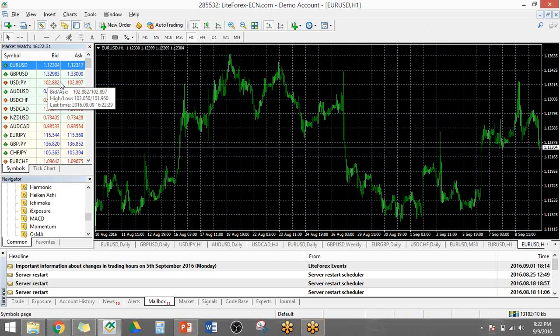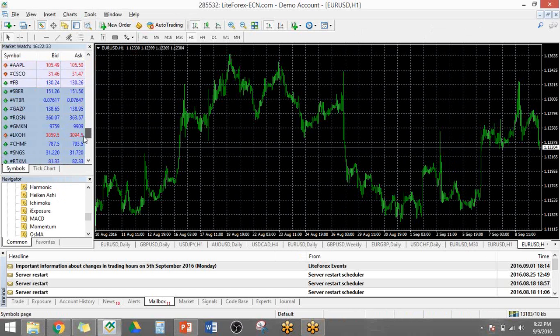So the market watch, there you will see all the list of the currencies that you'd like to trade that your broker is currently offering you. Okay. So for example, here I have all the major pairs. I have all the crosses and a couple of minor pairs, exotic pairs, and you have CFDs, and so on and so forth.